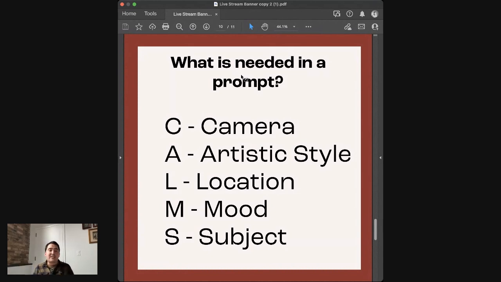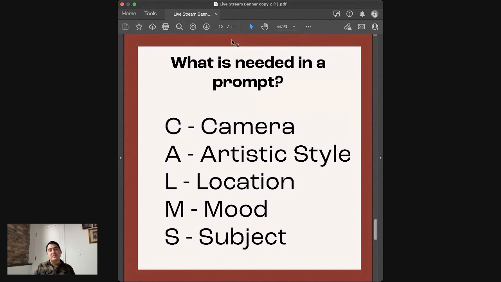And lastly, subject. This is the end all be all of what you need, right? Like this is exactly what I need. I told you I need a fisheye lens camera in the style of a high-end ESPN photo shoot at a running track at a high school. The mood is super energetic. People are training for a sporting event, and the subject is runners preparing for a competition, right? So these are all the super important things that are going on here. And that's in your prompt.